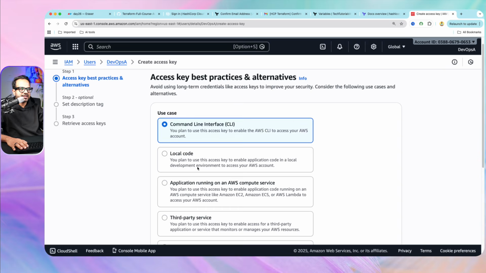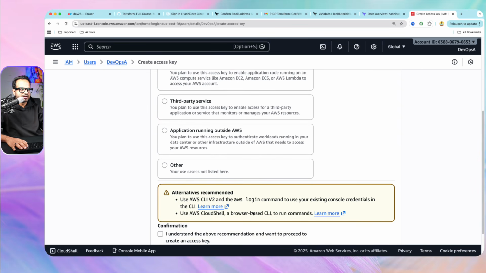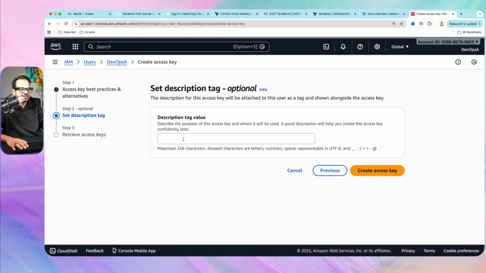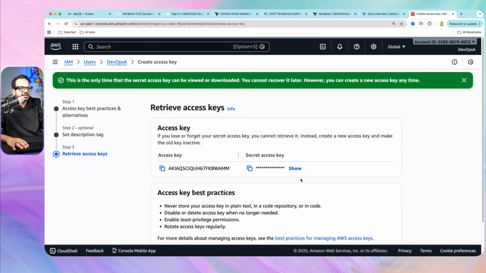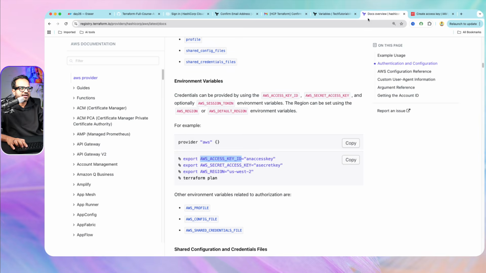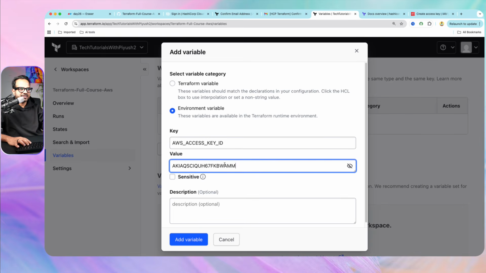Okay, CLI. Okay, and yes, I understand. Hit next. Tag value, let's call it TF demo. Hit create. Now you can copy your access key from here and paste it over here, access key, and let's